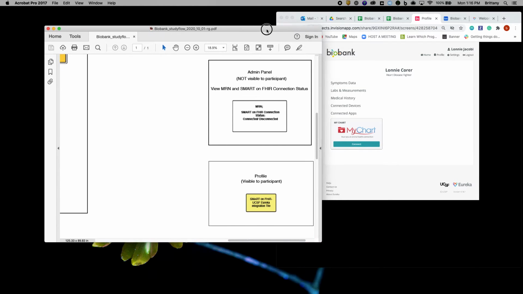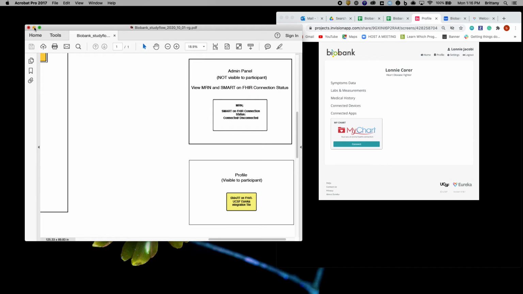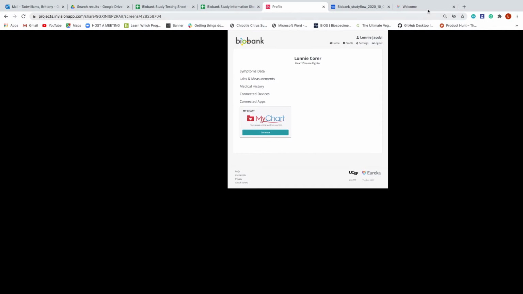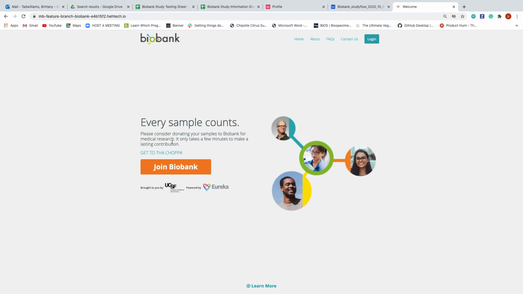Okay, so that wraps up the study flow diagram, so I'll go ahead and minimize this. It also wraps up the mock-up review. Next, I'm going to demo the website really quickly, just to put everything into perspective, so you see how the mock-ups and the study flow diagram are the blueprints or your sources of truth or your guides, whatever term you choose to use, but those are going to be your